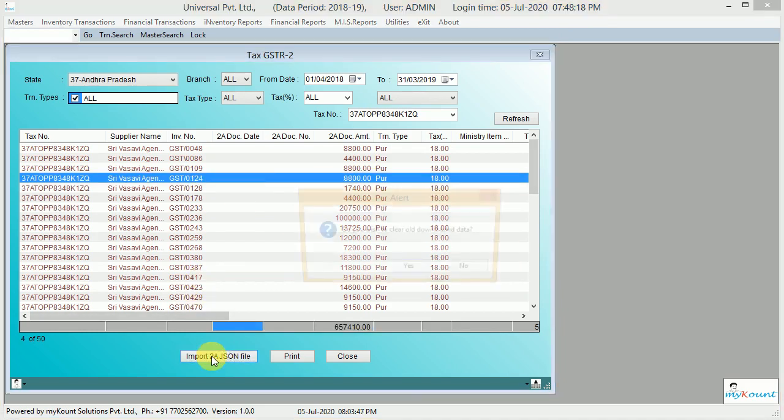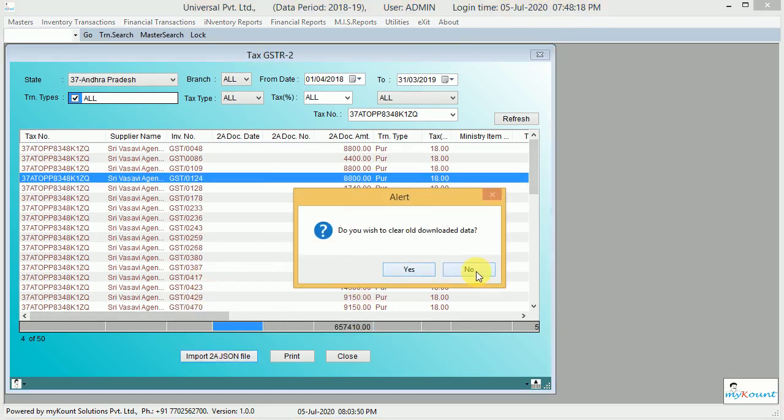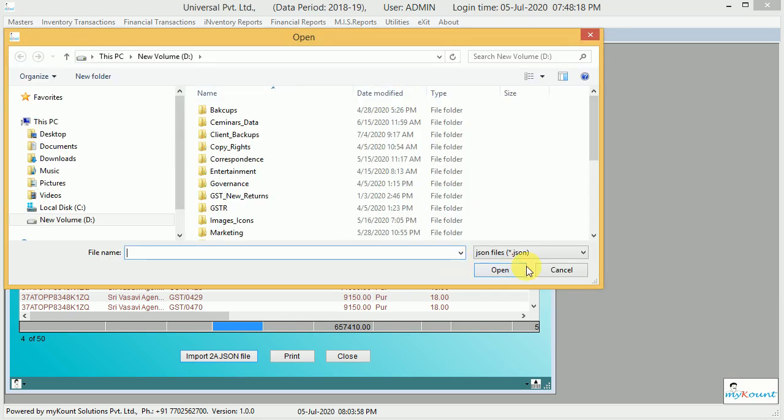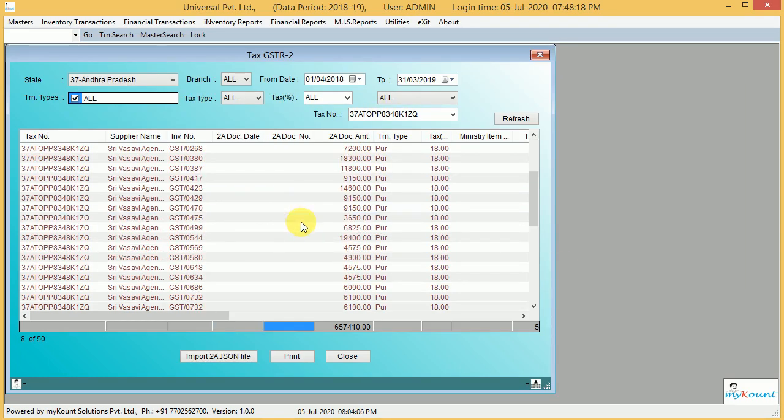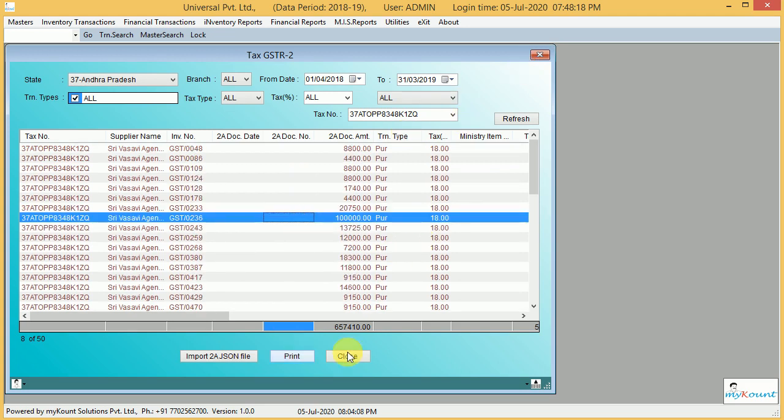For the subsequent files, you don't select yes because we want the previous downloaded data as well. Hence we will say no to clear the old data, so that old data will be there and whatever file we are downloading now will also be there. So multiple months can be downloaded and data can be reconciled here. So this is GSTR 2.